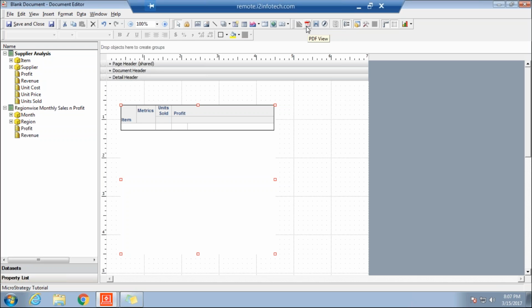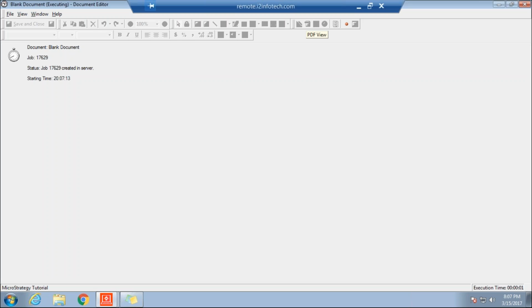But now, when it comes to the PDF view, just try to run this particular report as an example. And once you execute it,